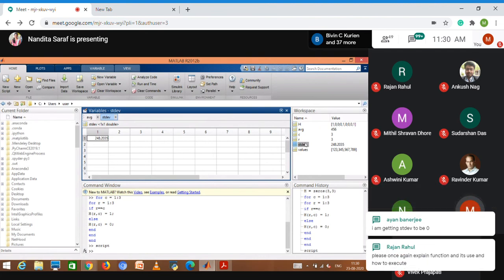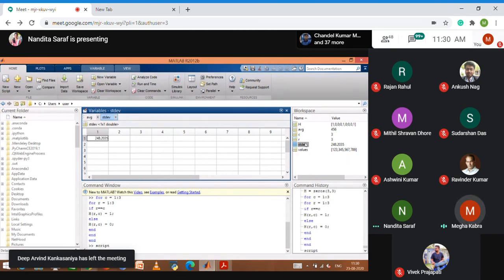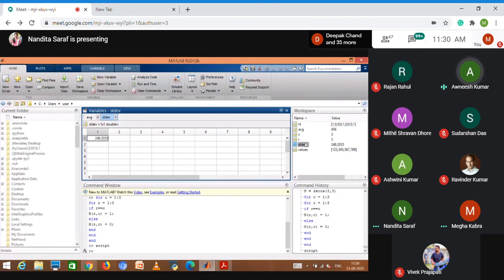Yeah guys, if you have any question, you can ask it now. Other than the assignment, from the class, if you have some questions. Yeah, I have one question. How can we create a matrix of a particular size where each element is an integer? Like, is there a random integer matrix?